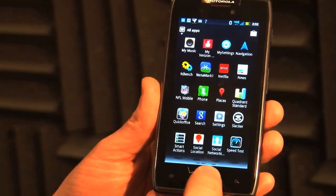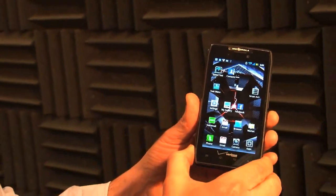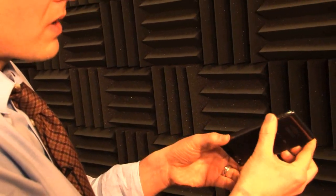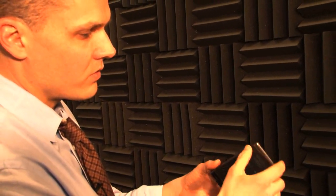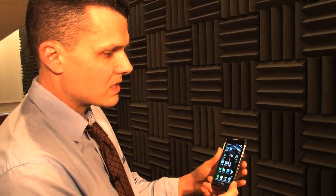So overall, you're getting a really good deal. I mean, despite the fact that it's $299, the fact that the Droid RAZR Maxx can outlast all of the 4G LTE phones on the market in terms of battery life really makes this phone worth the